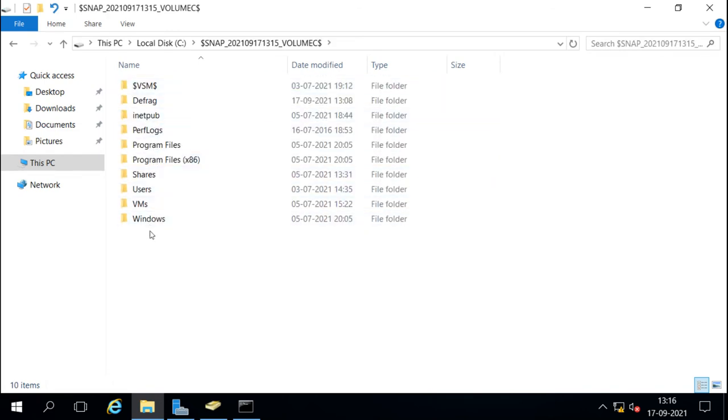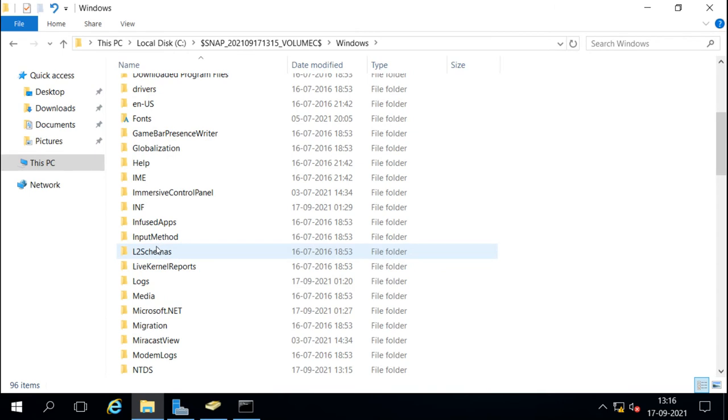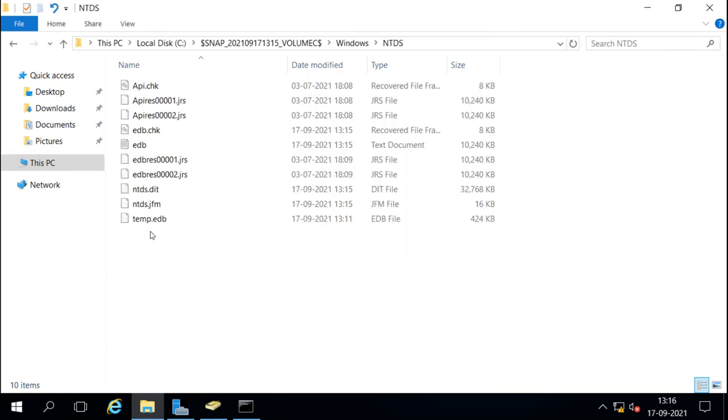The whole C drive is not important for us. The important thing is under Windows, the NTDS directory, which is the Active Directory database. This is important for us. Right now this is the snapshot database, but we cannot see into it, and we cannot see the users here. So if we want to see the users, then what?